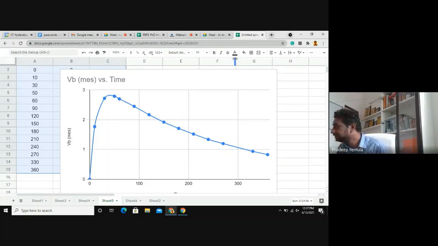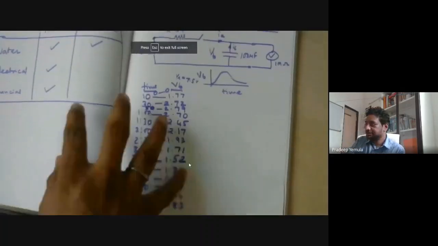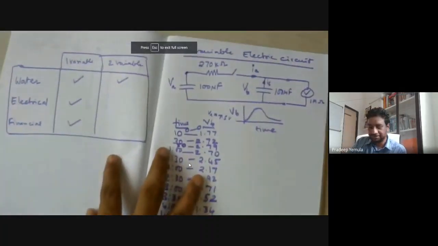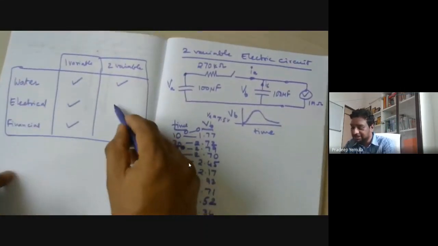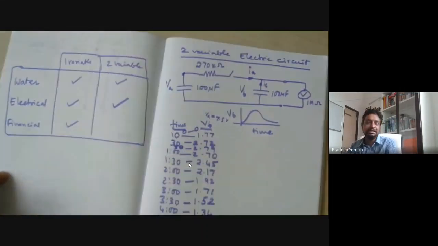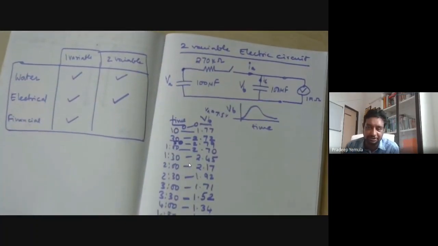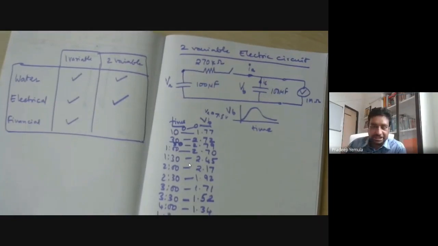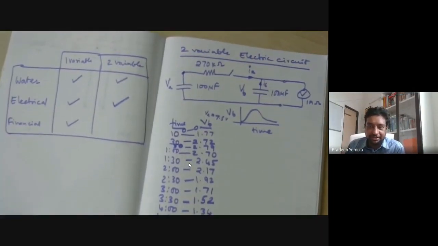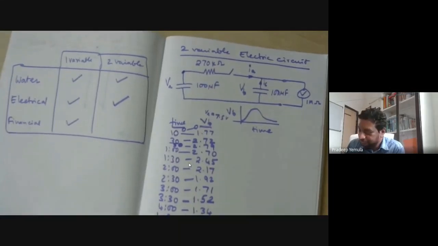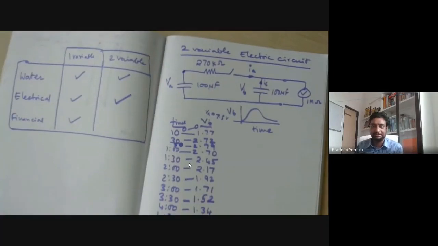I'll pause for a while. See what we have done, again to summarize. We have now come to the two variable case and studied the electrical circuit a little bit. Of course, we did not complete the 100% analysis. There was a small, minor mistake which I have to correct. That I will do later. So before we go to the last step, any questions up till here?